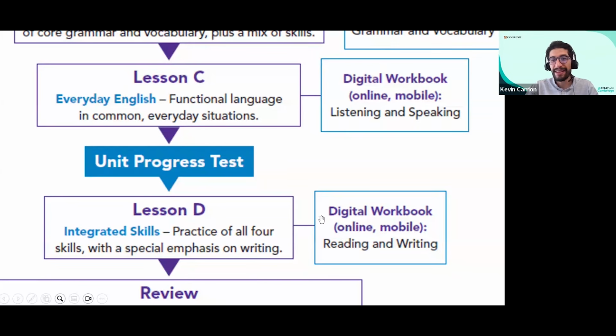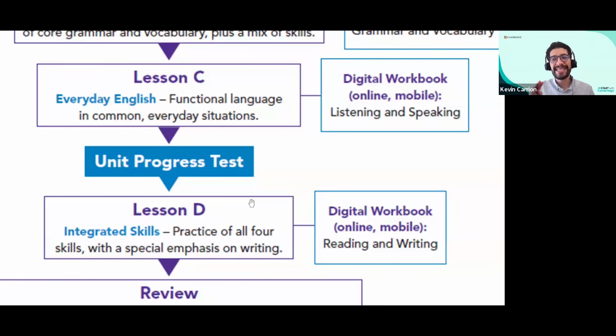Then, before we move on to lesson D, a good idea is to apply the unit progress test that we mentioned. Remember, we have two ways to assign this unit progress test. It can be printed: you can download it from Cambridge One, make copies, and give it out to students.